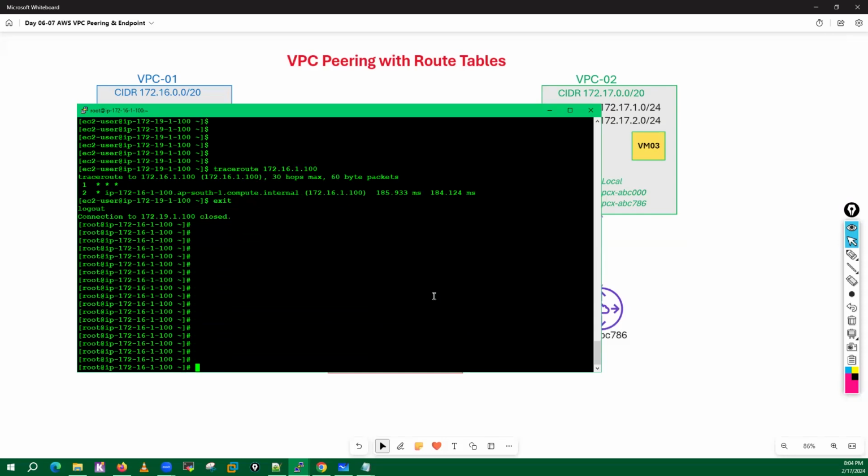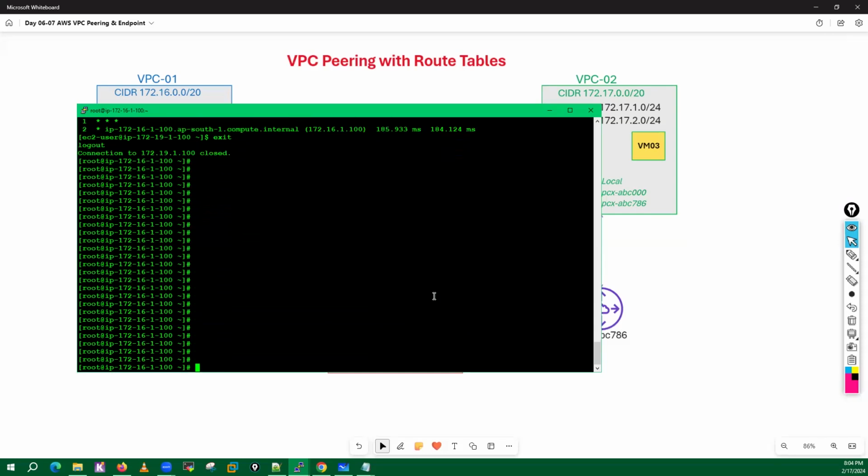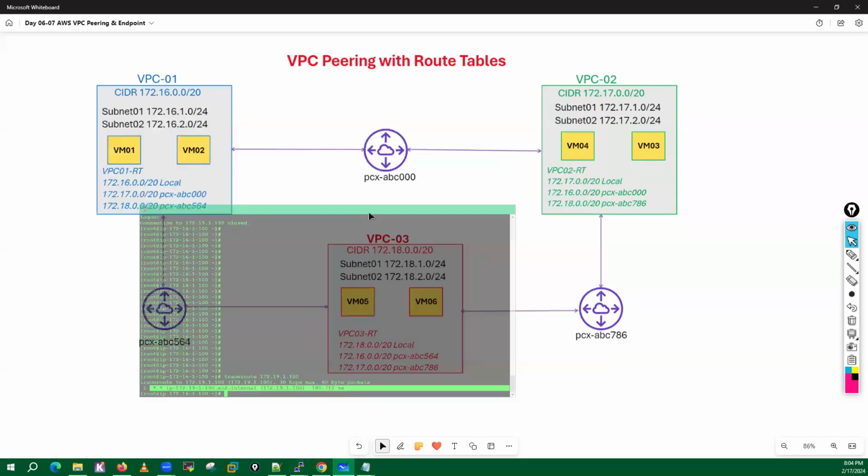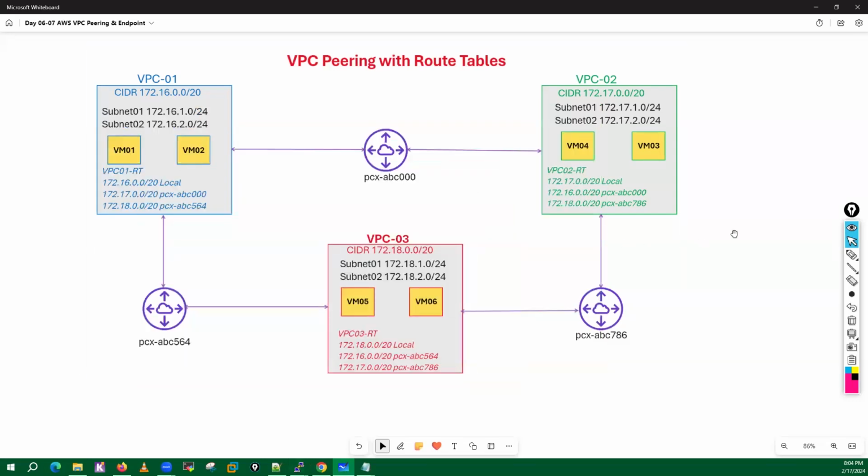Again, I'm in the North Virginia VM01, right? In VPC01. Now if I do the traceroute from this VM to the VM which is part of my Mumbai region, see, just one hop away. It's a direct connection. This is one of the use cases, guys, with regards to VPC peering.